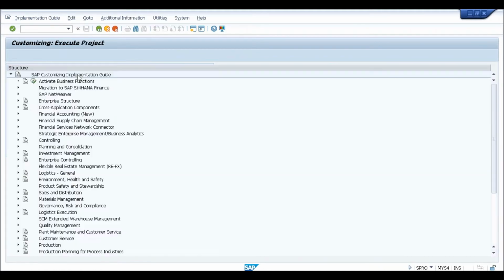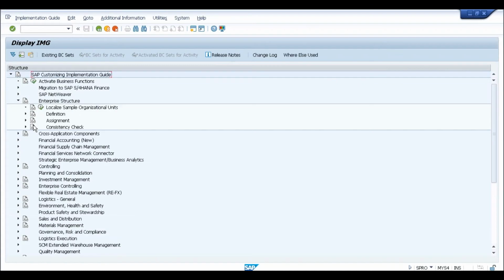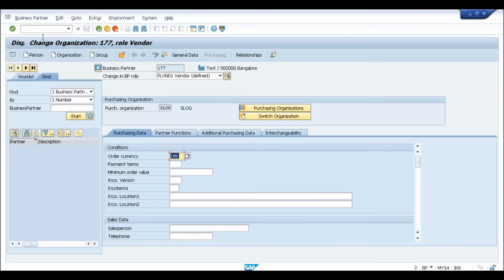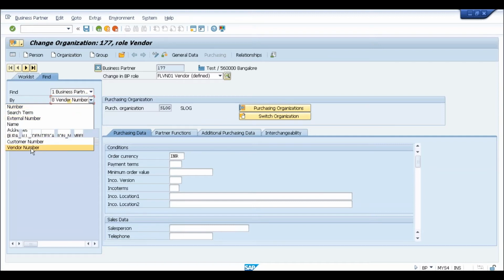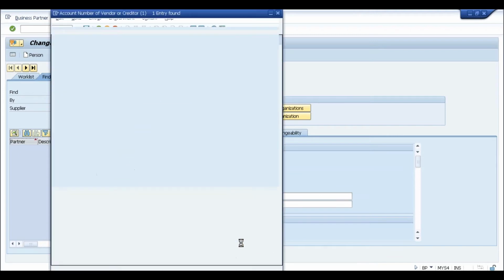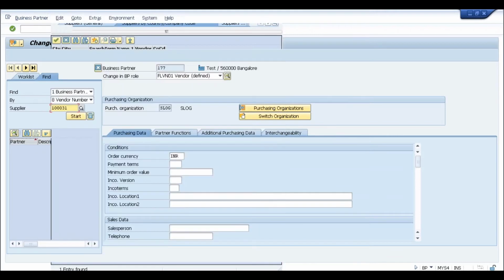In SPRO, I have created the company code enterprise structure and assigned it to the proper organizational elements. And then, as I told you, I have created the vendor. If I go to transaction BP and want to see the business partner by vendor number, I don't remember the vendor, but I can enter the company code, which is slog, and this is a particular vendor which is created.